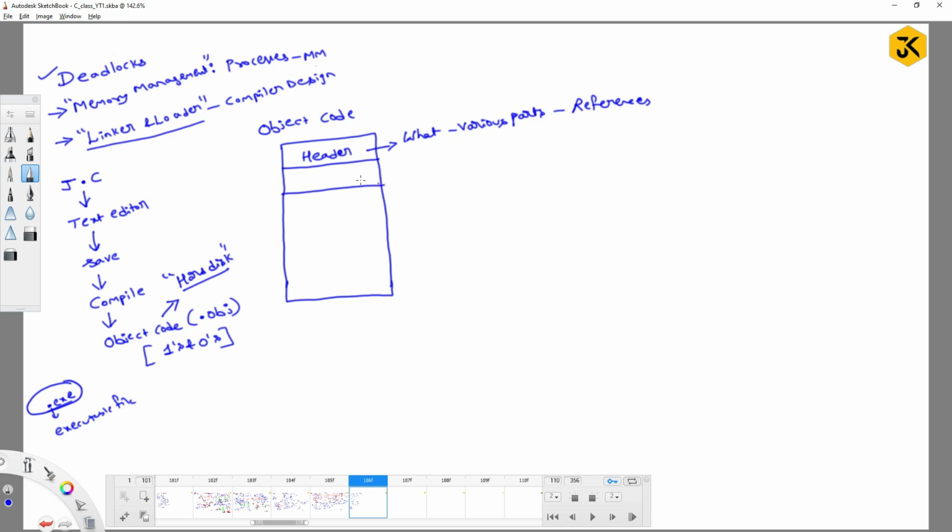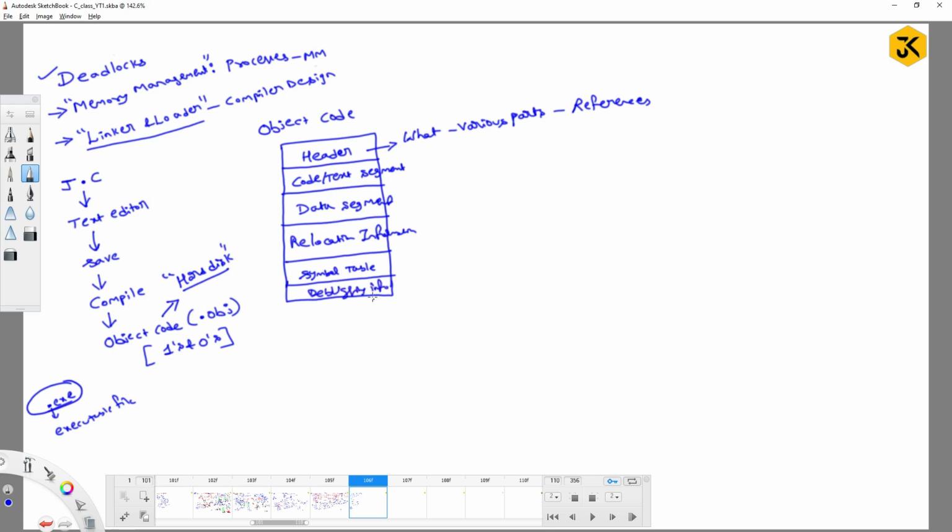The other segment will be the code, or I can call it the text segment. Another one will be the data segment. The next one will be relocation information. The next one will be the symbol table, and the final one will be debugging